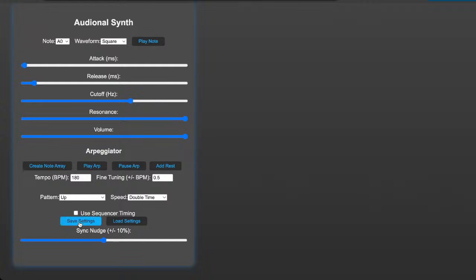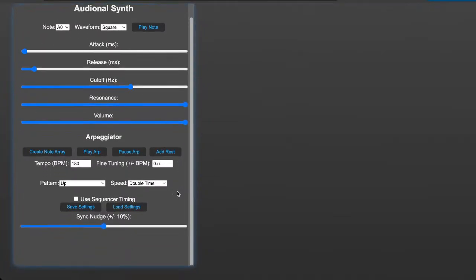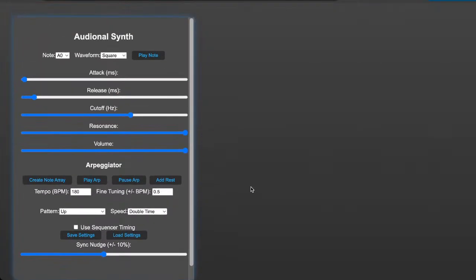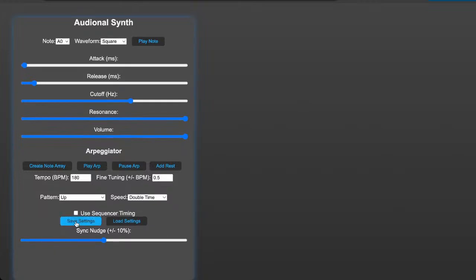I have got saved settings. I'm not sure if that's going to save your ARP or not. I can't remember how robust that was. But have a play, because if you get a really cool arpeggiator going, you might be able to save it and then come back and load it. I also do not think the timing mechanism of this is as tight as I got